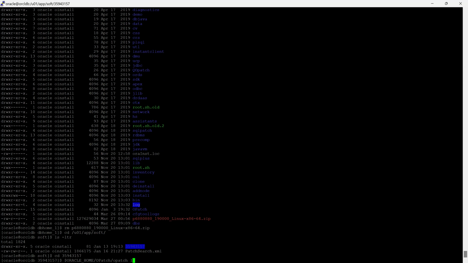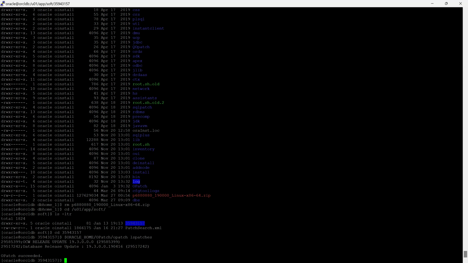Patch ls patches. So it will show you the list of patches. Here you can see it's showing only the dispatch. This is the apply on the database level, right? Yeah. Okay, so what we will do,